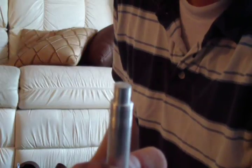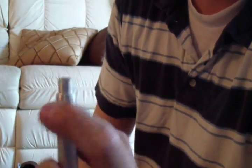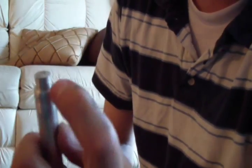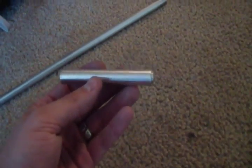Okay, you can see what I'm doing here. I don't have a hammer, but I'm going to use my file here, and I've just been tapping this plug in a little bit deeper, just tapping it in until it's going to be flush with this edge here. Okay, you can see I've plugged up my one end of my cylinder here,